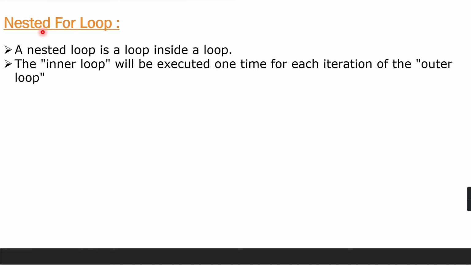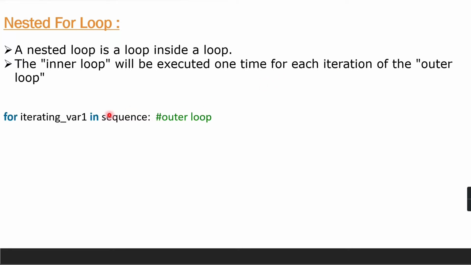In the previous video we have learnt about the for loop and the basic concepts of for loop. In this video we will cover the nested for loop. As we have seen, we have nested if-else conditions where we can have multiple if-else inside the if-else block. In similar ways, inside the for loop we can have multiple for loops. A nested loop is a loop inside a loop. The inner loop will be executed one time for each iteration of the outer loop. So we will see in code how the inner loop and outer loop will behave.